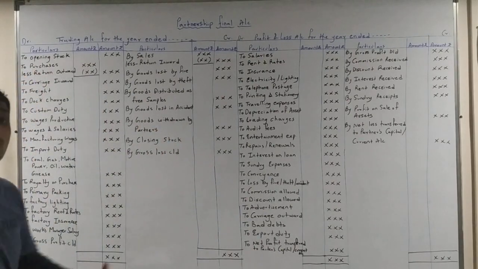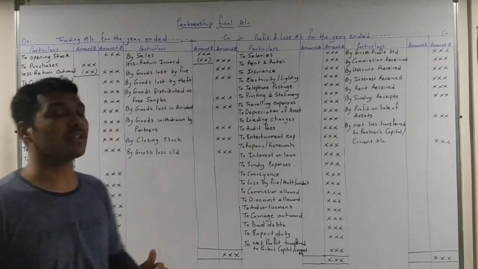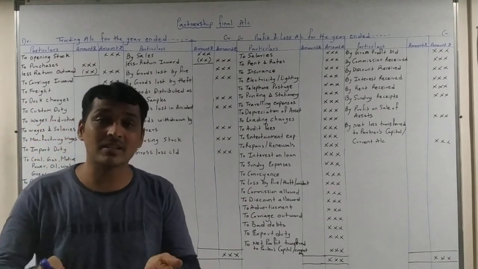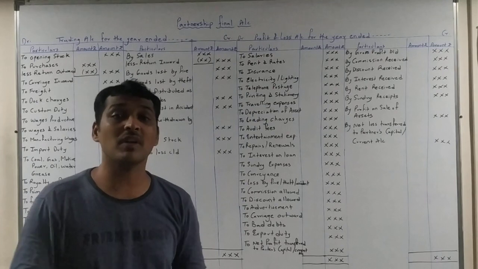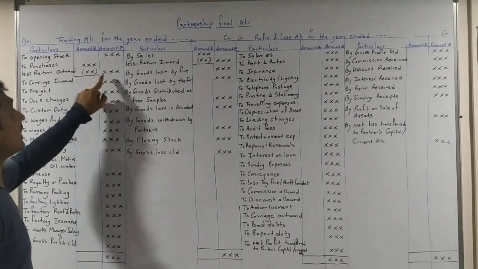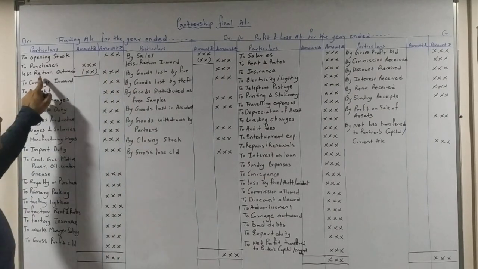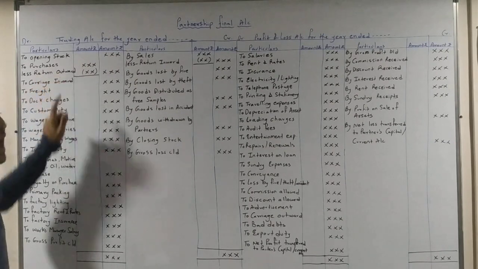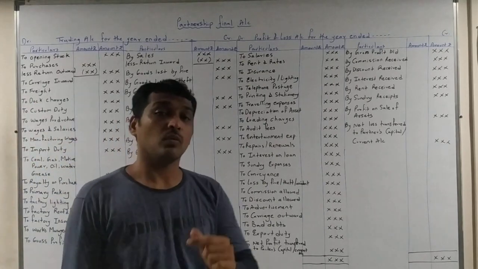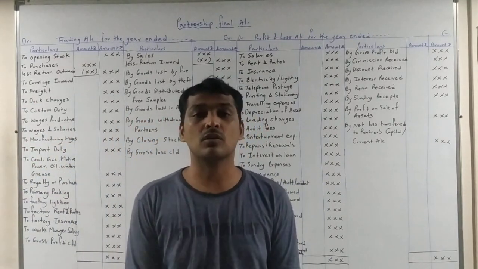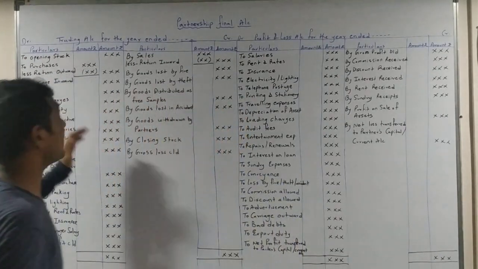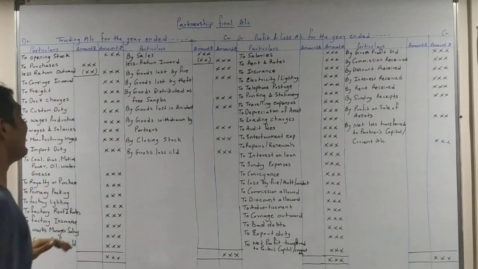Then purchases. Whatever purchases you have made during the year are recorded here in the inner column. And if there is a purchase return, that means if we are returning some goods which we have purchased earlier, that return is deducted from the purchases, and then we get the net purchase. This is known as purchase return, also known as return outward. Then carriage inward is given. Carriage inward is the carriage paid at the time of purchase. So while purchasing the goods, some amount is paid as carriage, and that is also related to trading account. So it will be recorded under the debit side of trading account.